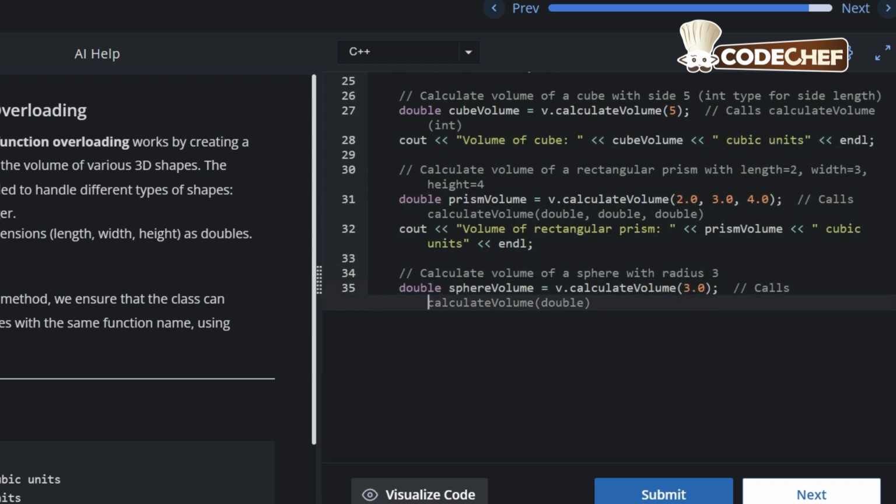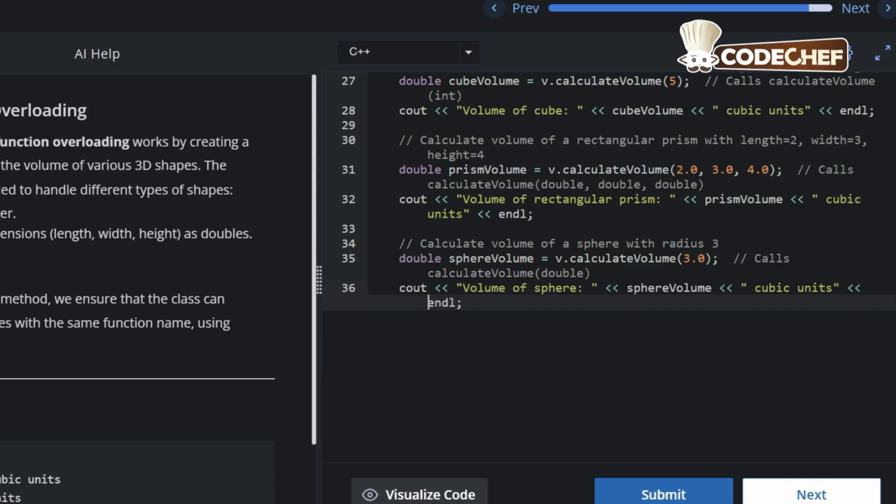Now double prismVolume, so we are creating another variable in which we are calling the function v.calculateVolume where we are passing three different parameters. So it is the second function, 2.0, 3.0, 4.0 bracket close and semicolon. Cout "Volume of rectangular prism:", then value of prismVolume variable will be printed, which is basically the output of the function call calculateVolume with three parameters. Then "cubic units", endl;